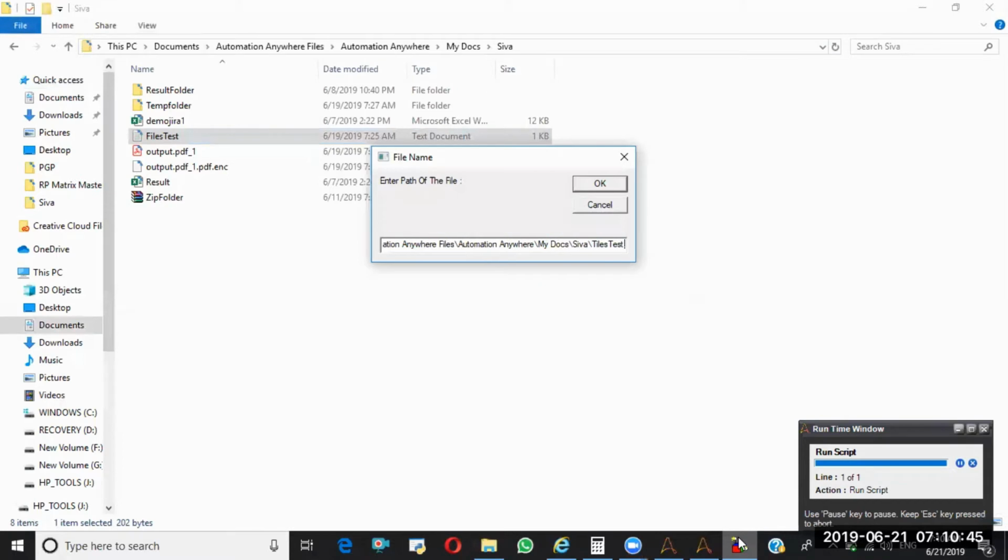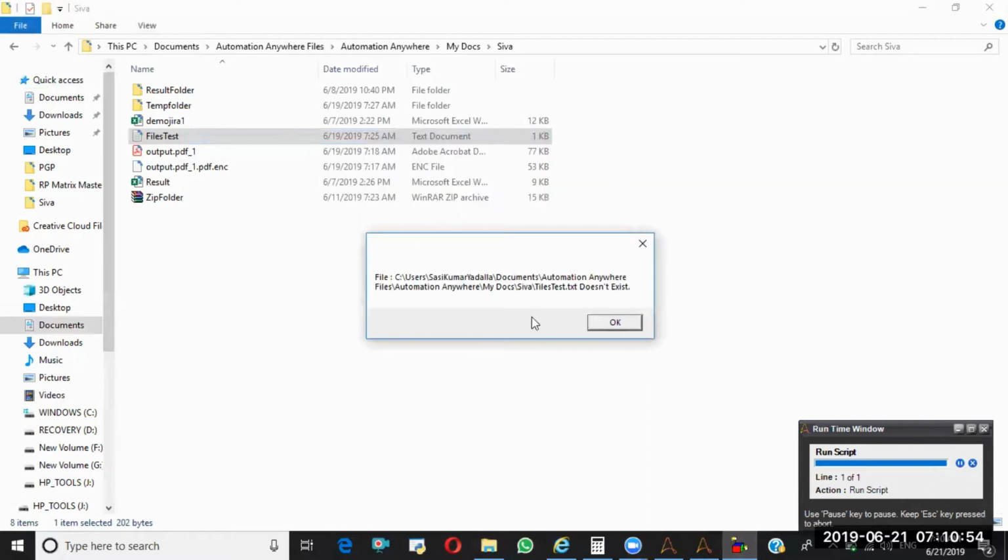What is the extension? TXT is my file extension. Now I'm clicking on OK. Okay, I gave the wrong title. Instead of files test, I gave tiles test. That's the reason it is saying the given file does not exist.